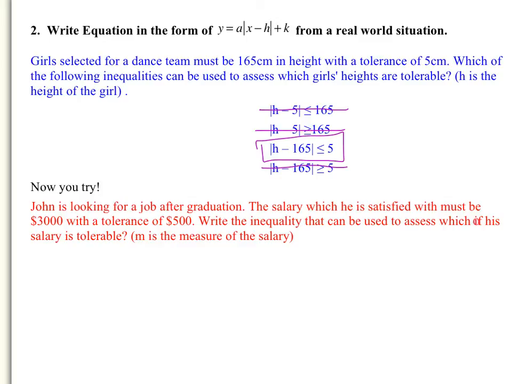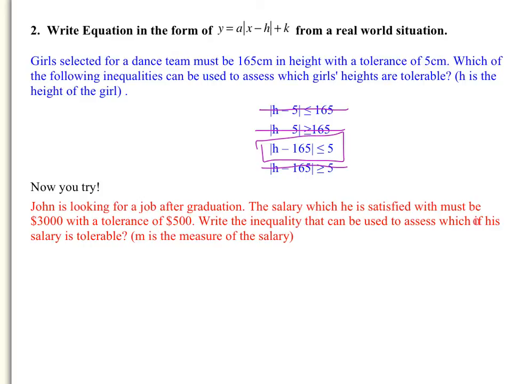John is looking for a job with a salary of $3,000. It says his tolerance is $500. Now that means he's willing to accept no more than $500 over the $3,000, which is kind of hard to imagine,